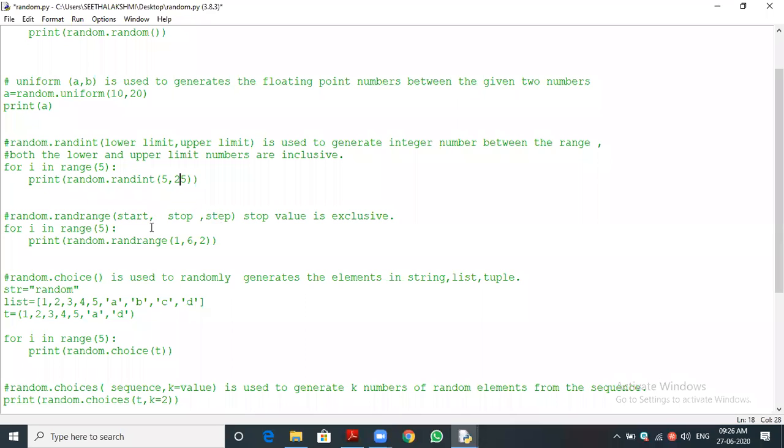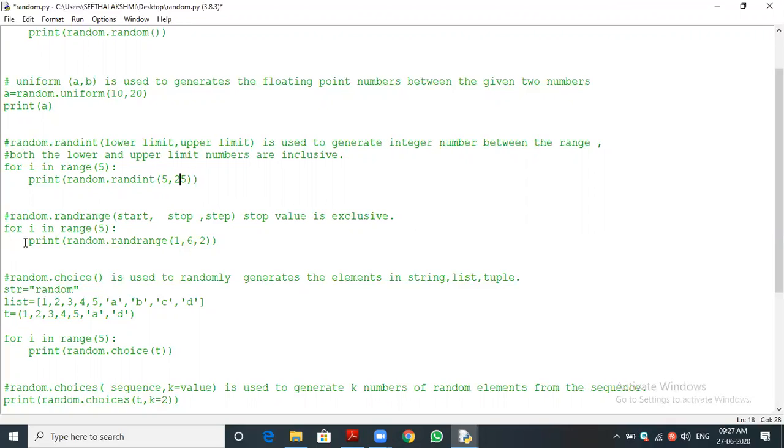Then you may have the doubt: stop is not a default parameter, don't think that. One rule is there in functions: default parameters should be at the last only. So we should pass at least one value, the stop value. That is the thing.